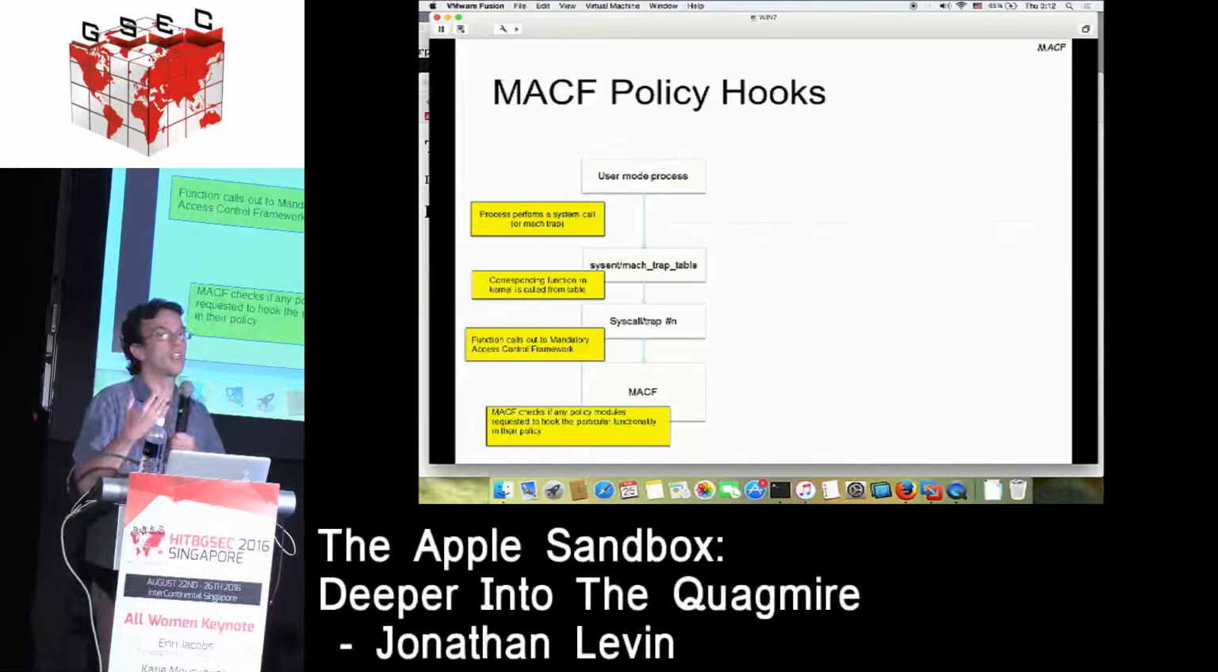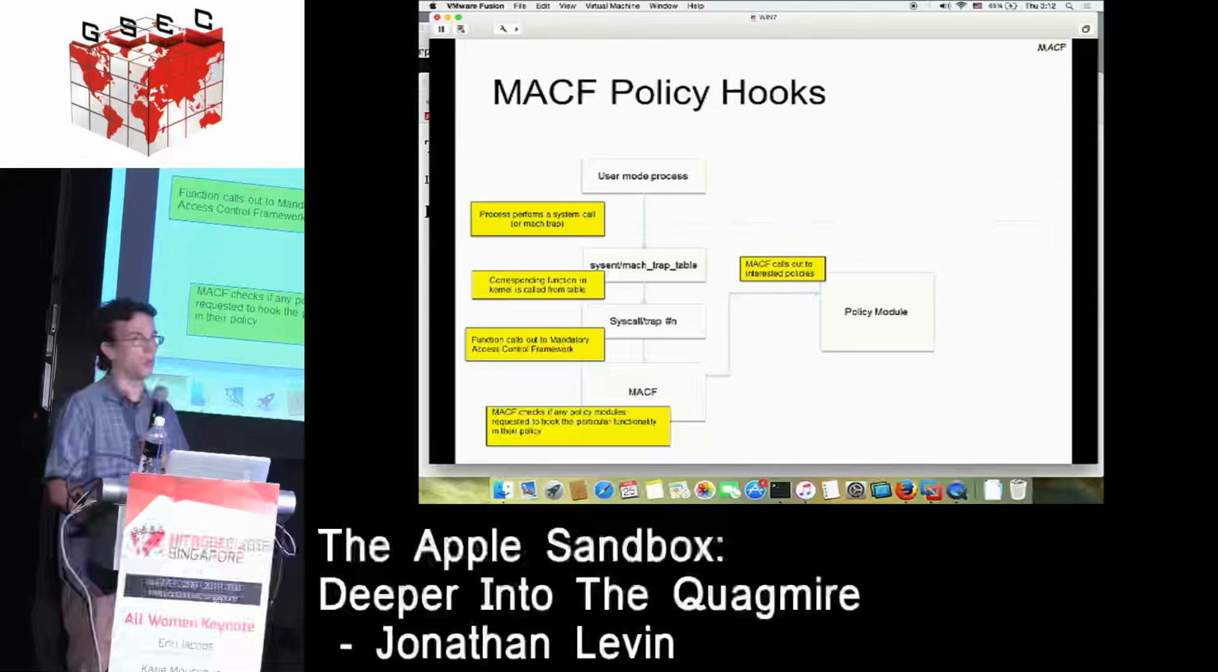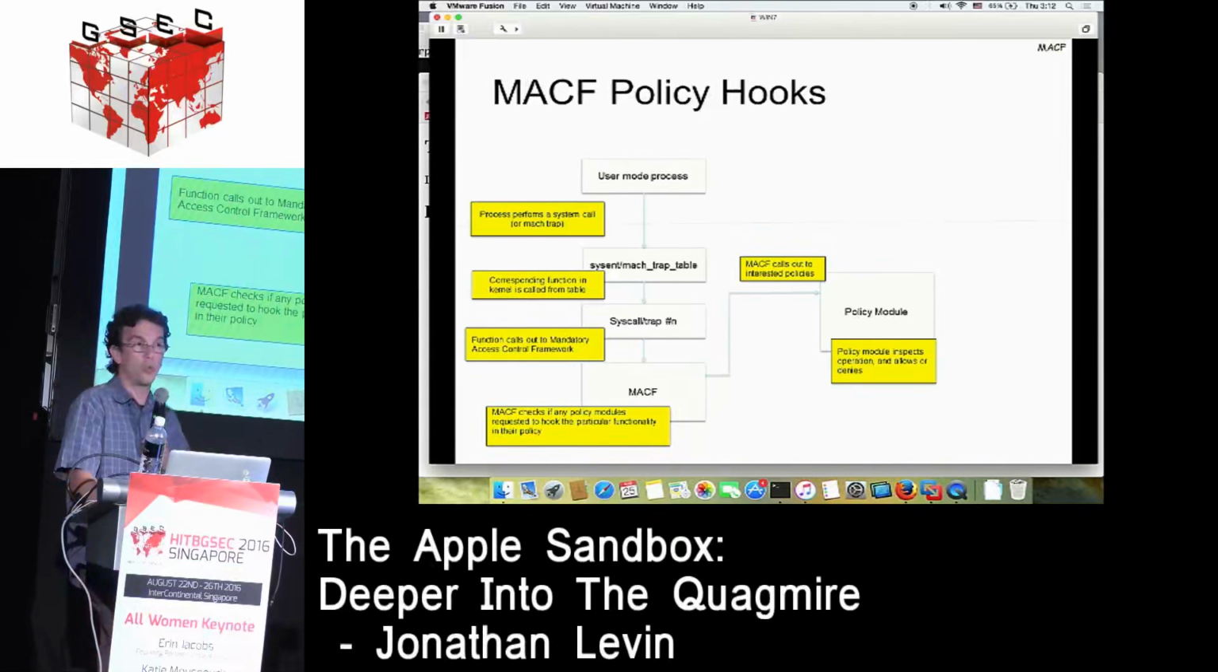Any module can register and assign a policy for up to about 400 and something operations. Naturally, not all of them care about all the operations, but depending on which operations you're interested in, you basically set your pointers. If the pointer is null, nobody's interested. If the pointer is not null, you get called. And so when you get called, you're one of those policy modules. And so MacF will call out to you and will say to you, do you want to approve, yay or nay? You get the option to choose,